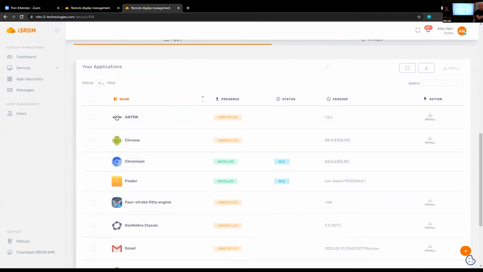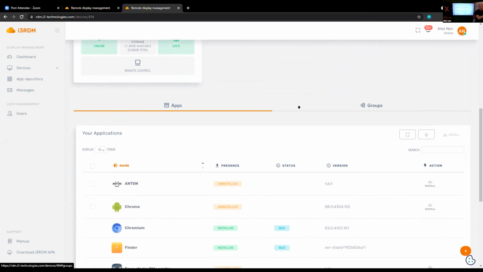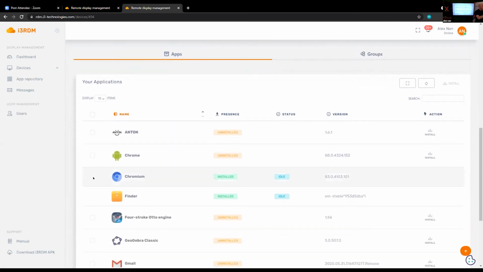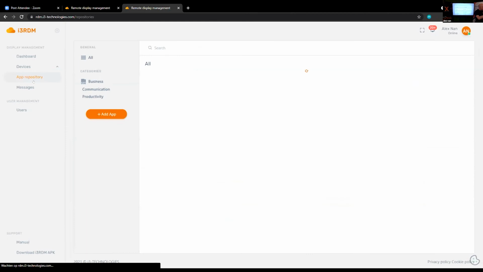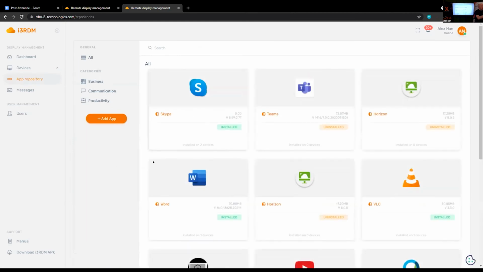We can install apps on this device. So I have here my apps in my repository, and I can choose a specific app. I can see which apps have been installed. I can remove it, but I can also choose an app and install it on display. Pretty straightforward, of course. The apps repository, that's the place where I can upload apps, and then I can also,